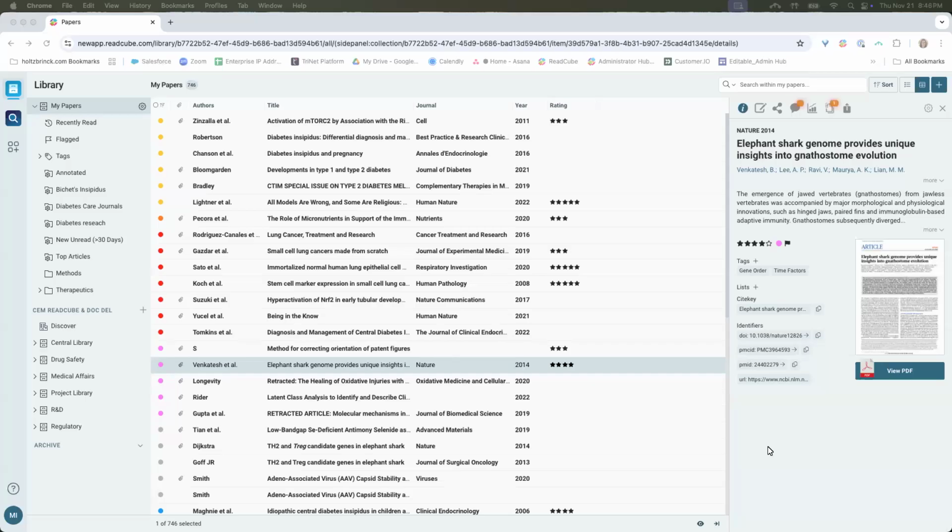We're thrilled to announce an exciting enhancement to your ReadCube experience, a new and improved user interface, launching on December 16th. This refreshed interface is designed with you in mind. It's modern, modular, and includes additional features to enhance your workflow. You'll find the same great tools you know and love with no significant changes to the functionality you rely on